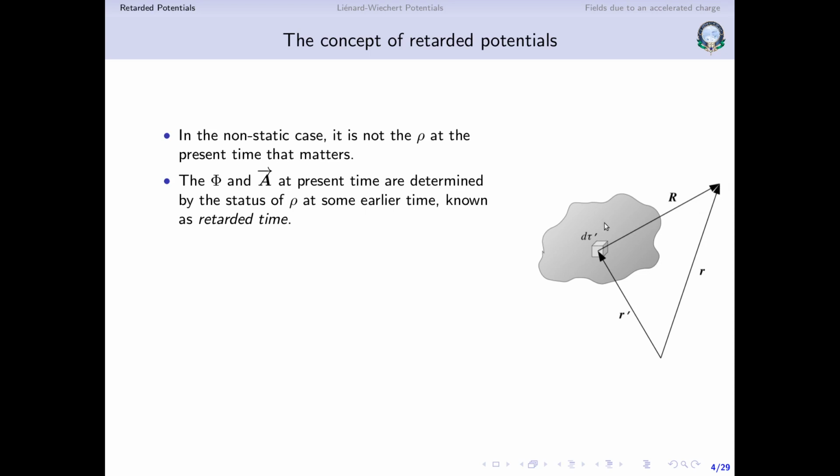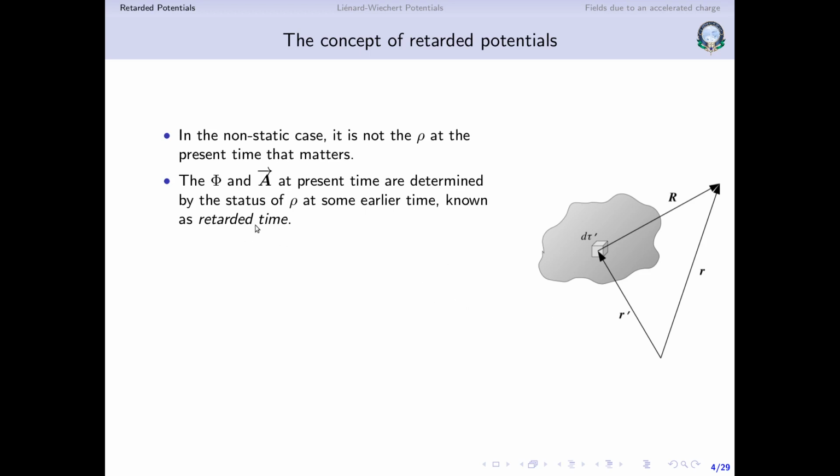That finite amount of time, because the speed of light is finite. So because it takes a finite amount of time for the information regarding the change in the position of the charges to reach this point, we don't consider the charge distribution at the present time. We need to consider the charge distribution at an earlier time. Right now, let's say the charge is here, and if I measure the potential here, it is going to be an incorrect potential, because the information took a finite amount of time to reach this point. So I do not consider the potential at the present time, rather I consider the potential at an earlier time.